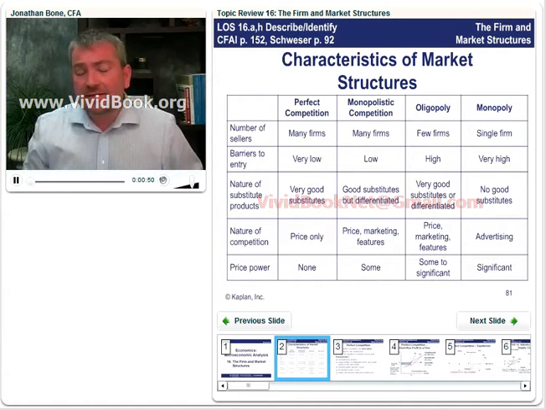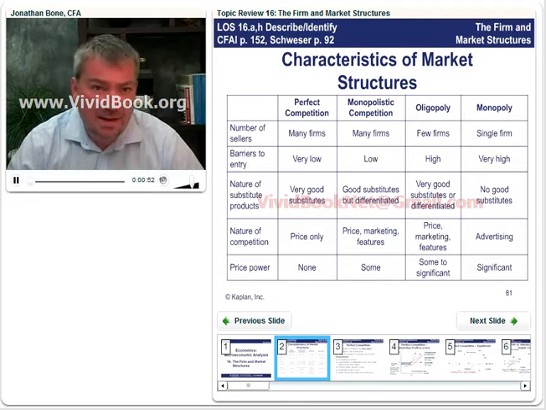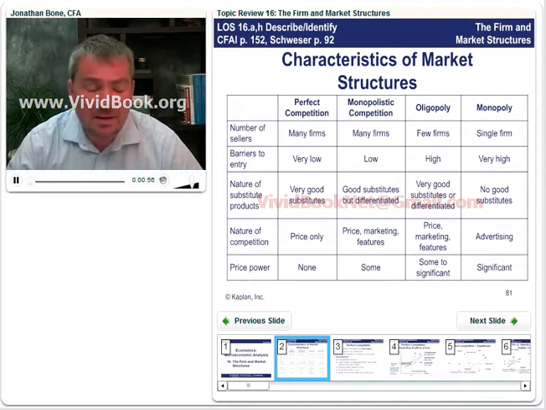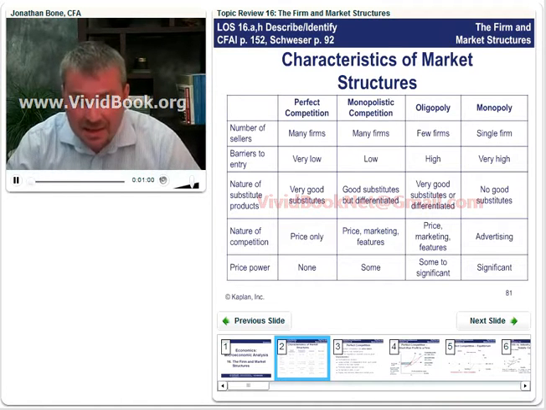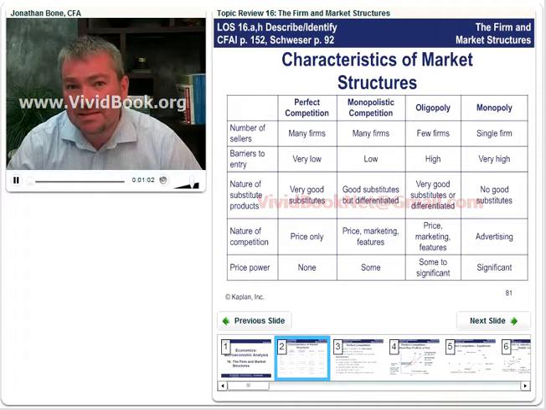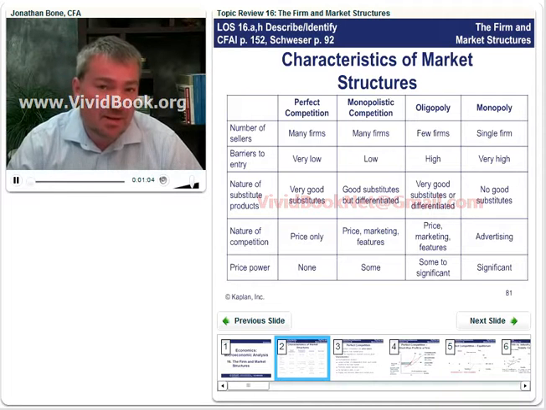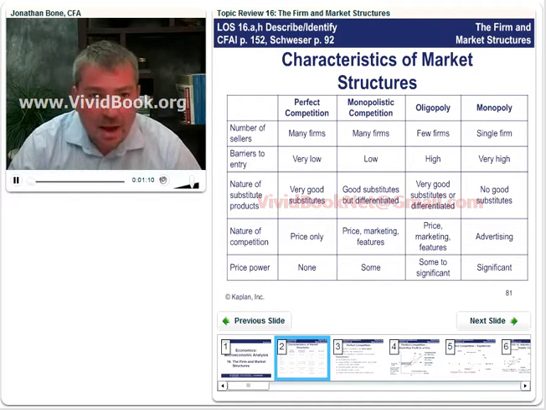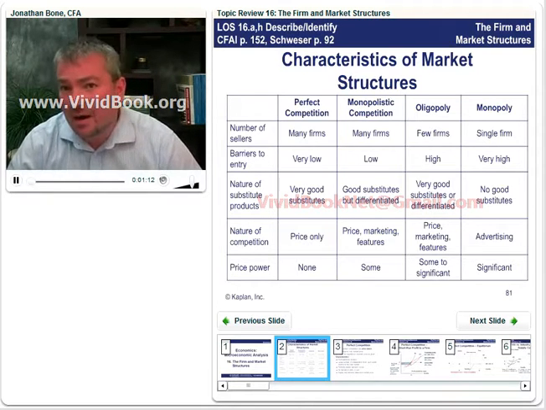Now again, the significance of barriers to entry will be economic profit. If you generate economic profit in the short run under perfect competition, that's going to lead to an increase in the number of competitors, and therefore industry supply will increase, price will come down, and economic profits will be eroded. So think low barriers to entry, unsustainable economic profit, high barriers to entry.